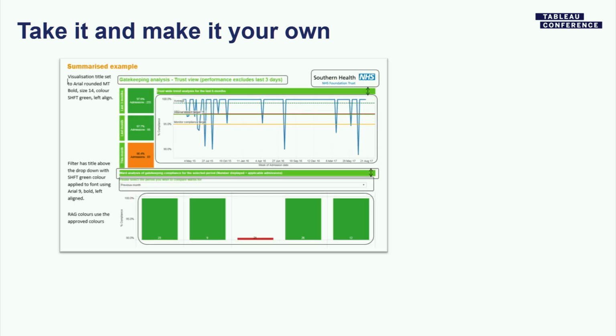The second example comes from the NHS, or National Health Service, also in the UK. And the NHS also has a style guide for their reports, so they were making these kind of template reports and actually annotating them to show their end users how to adhere to them.